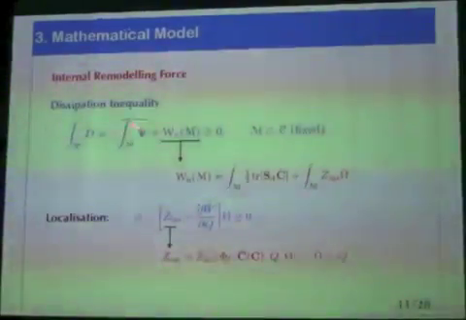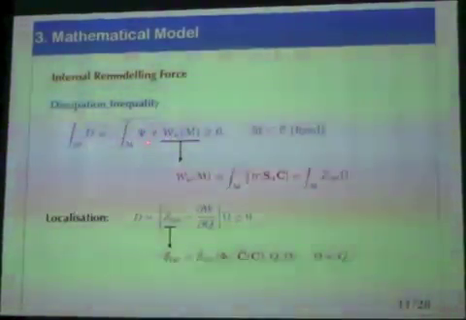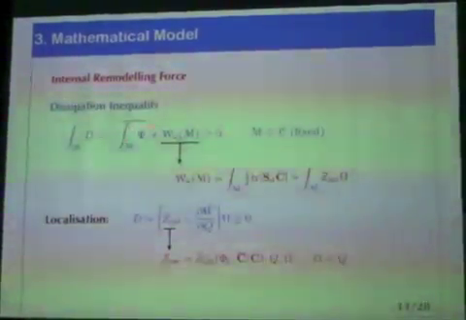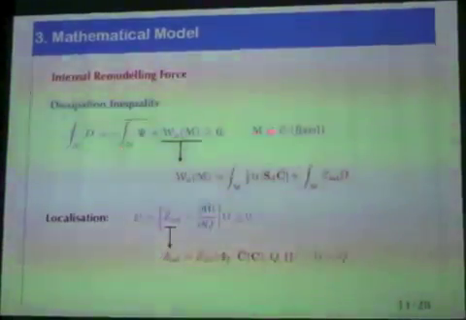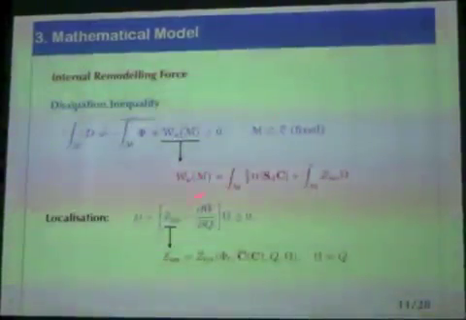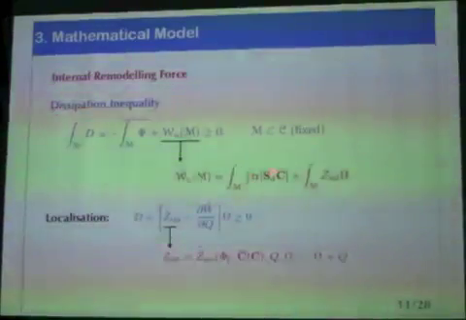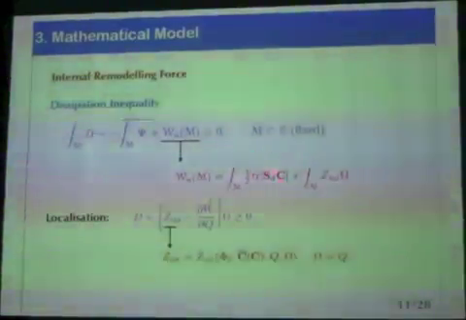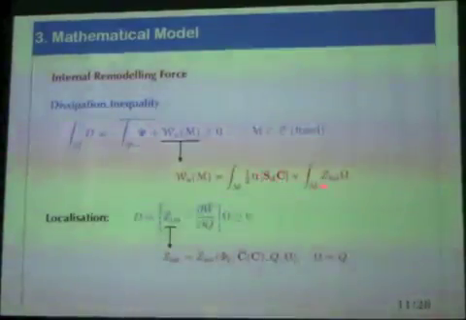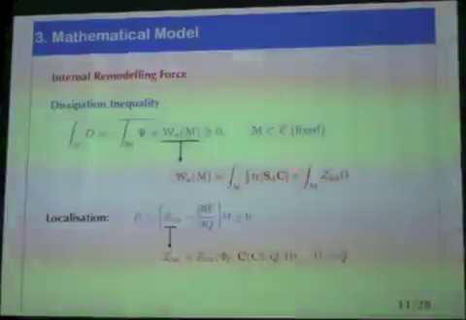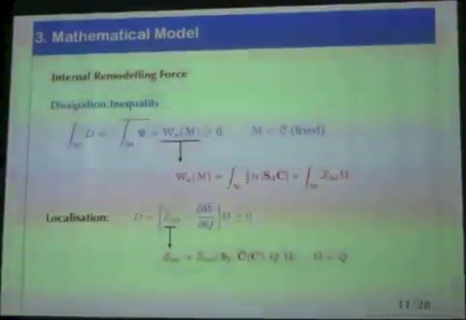Here I'm taking the time derivative of the Helmholtz free energy density inside a volume M, subset of the reference configuration, which is fixed, and this is the net power. As you see, this is the standard term, where SD is the deviatoric part of the second Piola-Kirchhoff stress tensor, and this is the power given by the internal